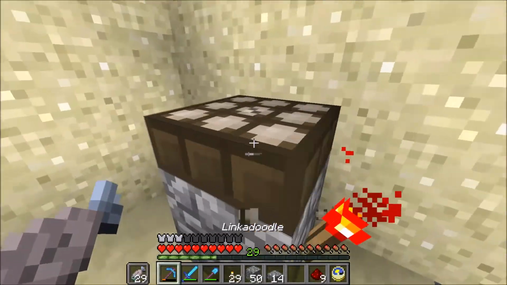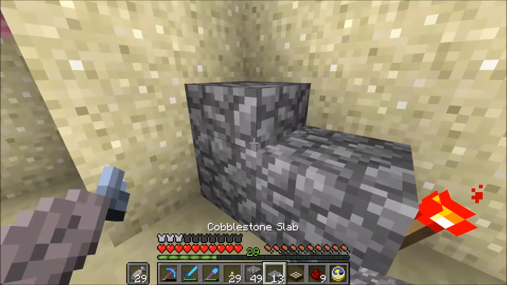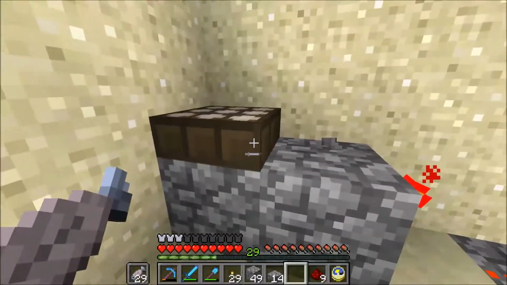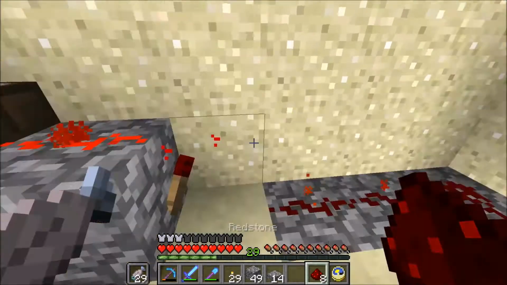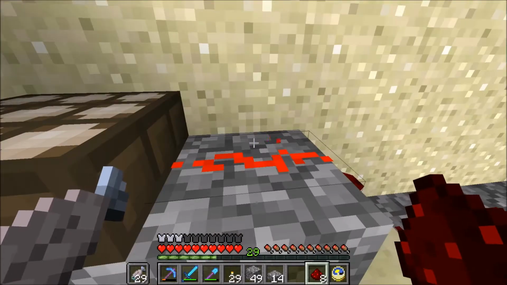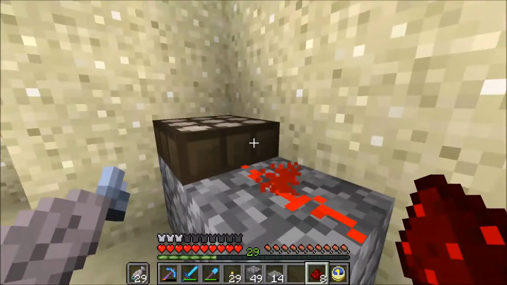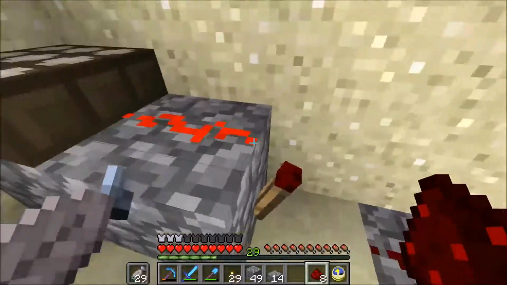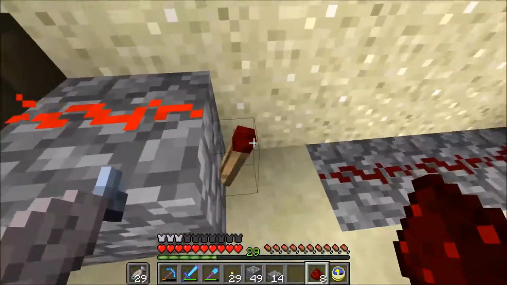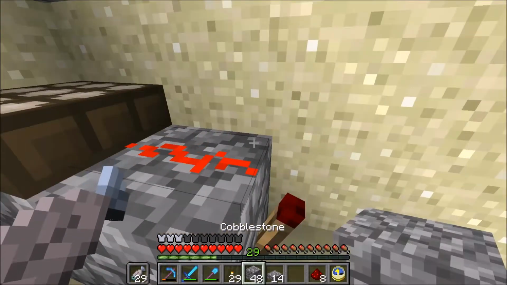No, it does not. Why doesn't it? There we go. So as long as it senses light, it will send out a redstone signal. Of course, the further away I do this, the sooner it will turn off this torch, or well, turn on the torch. As soon as it's night,